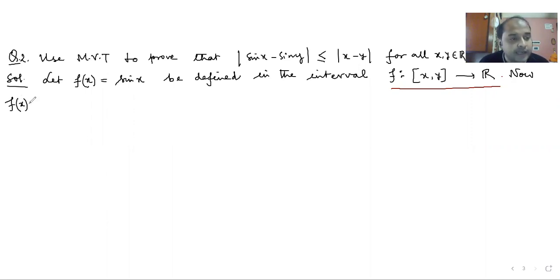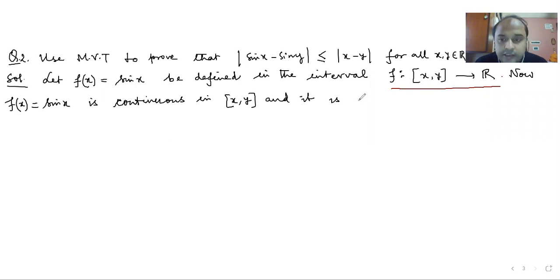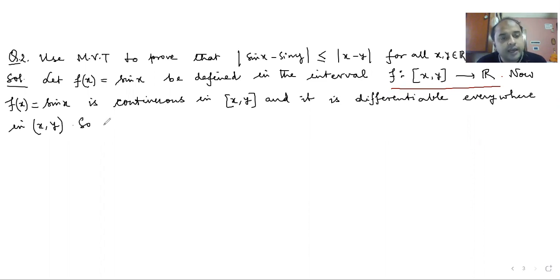Now, f(x) equal to sine x is continuous in x, y, and it is differentiable everywhere in x, y. So there exists